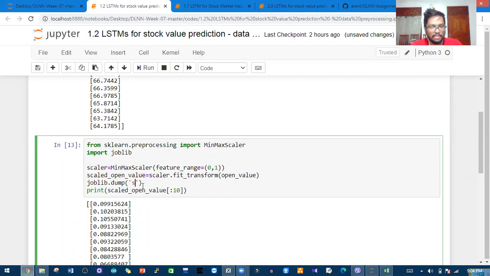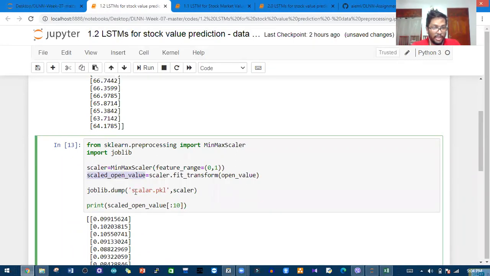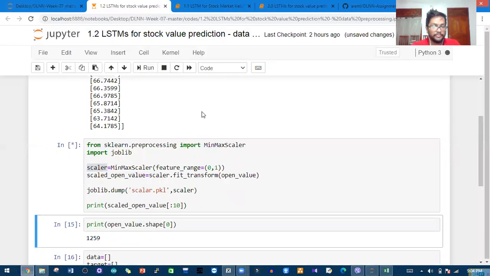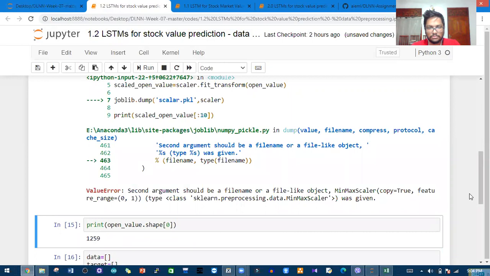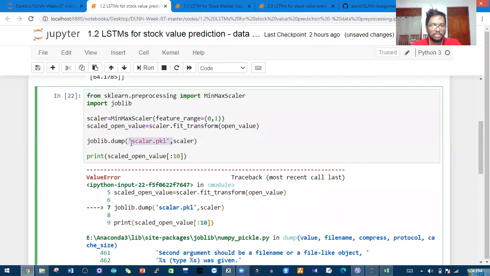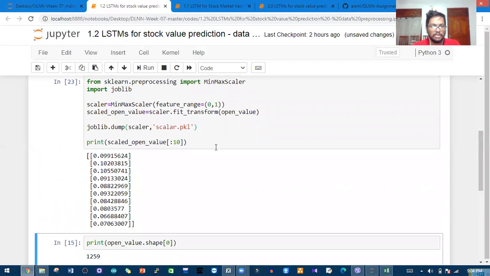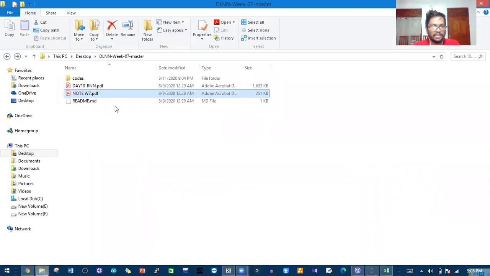Scalar. You have to use the format called pickle format, and you can save the scalar. Not the scaled open value, you have to save the scalar, right? The scalar will be saved. So run it. Sorry, we have to interchange the file name and the object to be saved, right? Using the joblib library, yes, I have saved this. So what's going to happen? This scalar will be saved as a physical file here,